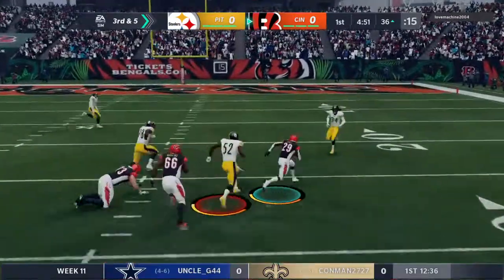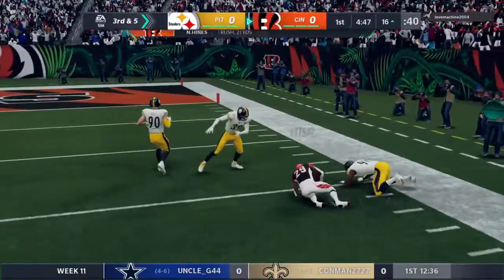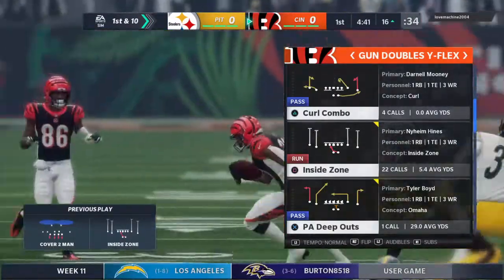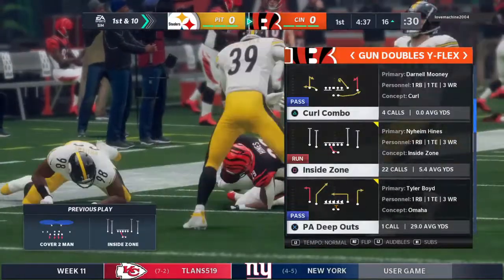Nyheim Hines, his first carry. And they'll wind up getting this one all the way down inside the 20. That's good for 21 yards and a 1st down. Had a chance to maybe limit them to 3 if they could have gotten that stop there, but a new